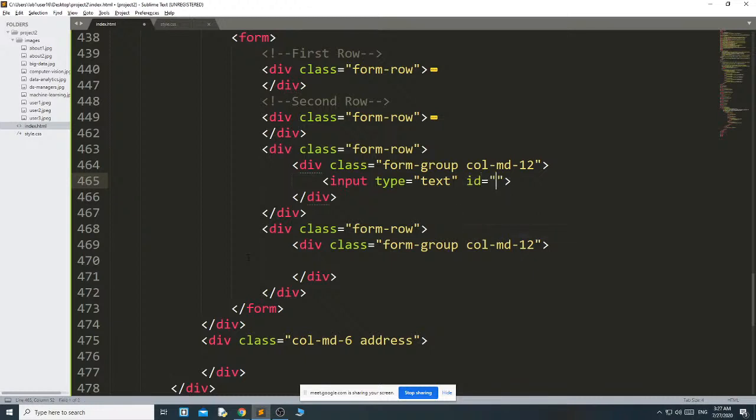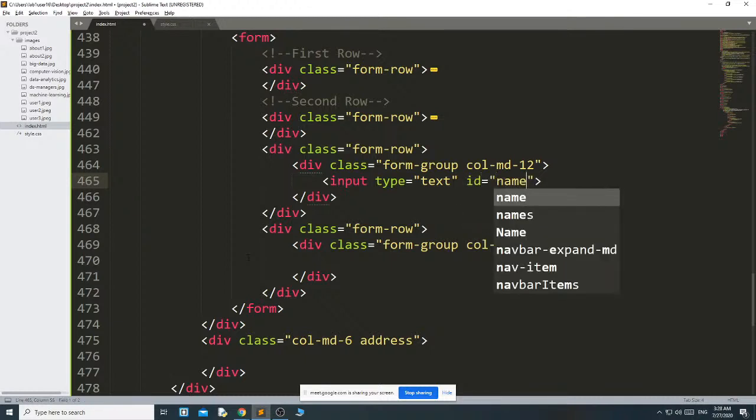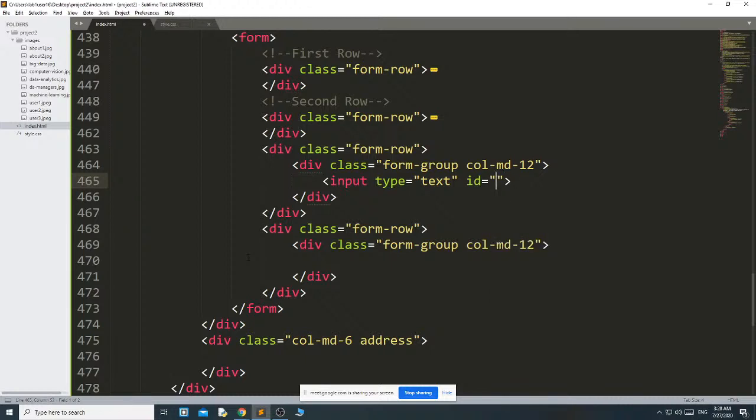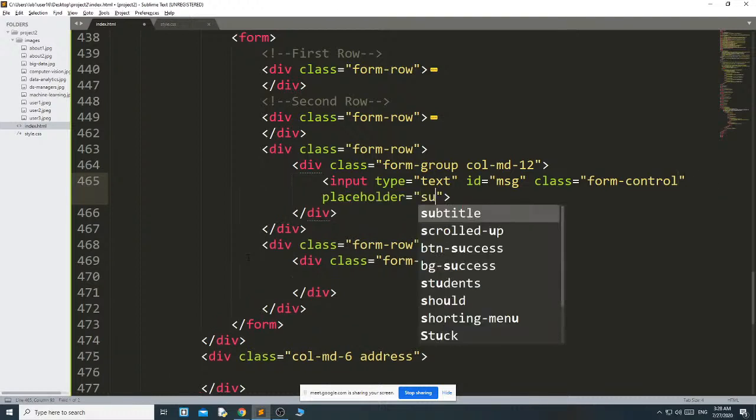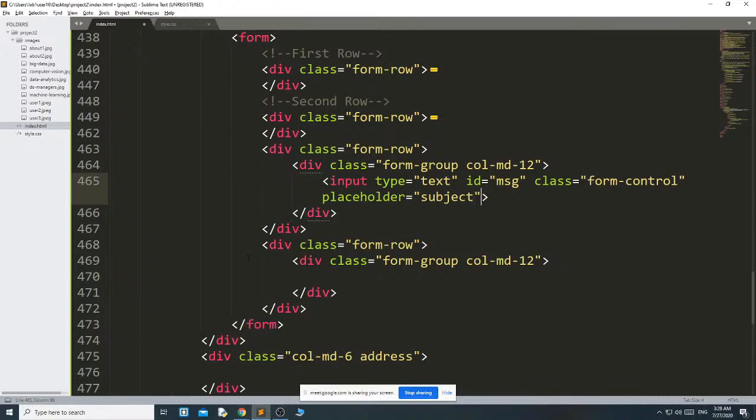ID equal to name, not name, this is message, so I just keep message. Then class form-control, then placeholder subject, autocomplete off, required.